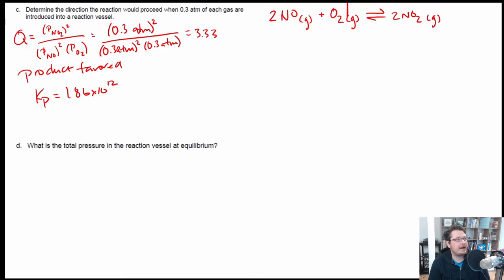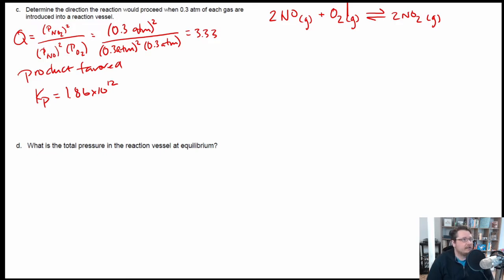So we're talking about the trillions region, where the Kp is favoring product formation, whereas the Q right now is not optimal. It's at 3.33. So there's a huge gap that has to be changed there. And so the way to approach this problem, to reach equilibrium, is actually not necessarily to use an ice table